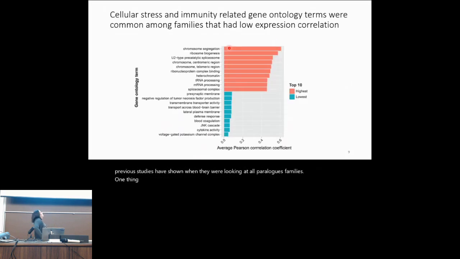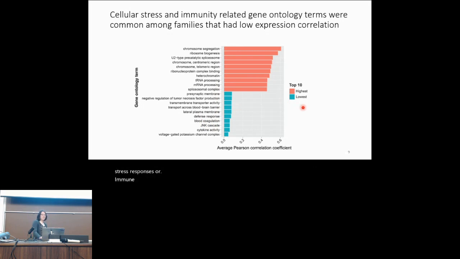One thing I wanted to look at too was, for the families that had high or low correlation with each other, was there anything that brought them together? Was there something special about the ones that seemed to diverge a lot once they have duplicated? And it seemed like there were a lot of gene ontology terms related to stress pathways like the JNK cascade, and also a lot of things related to immune response, which was interesting, but also not surprising that these genes would have to evolve to have a lot of different types of stress responses or